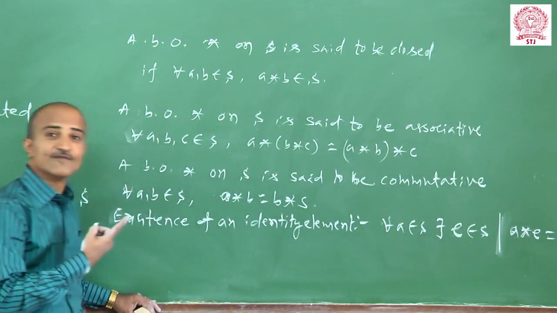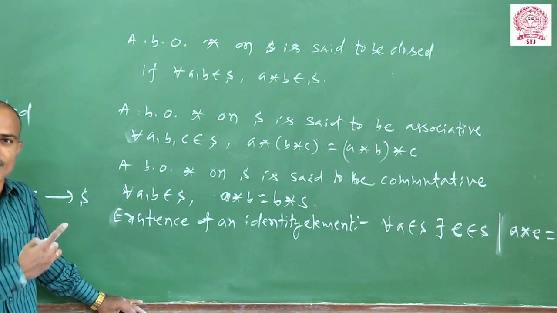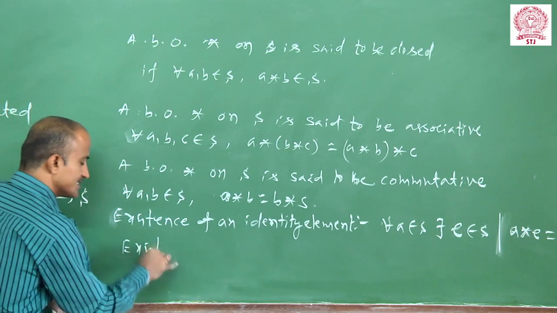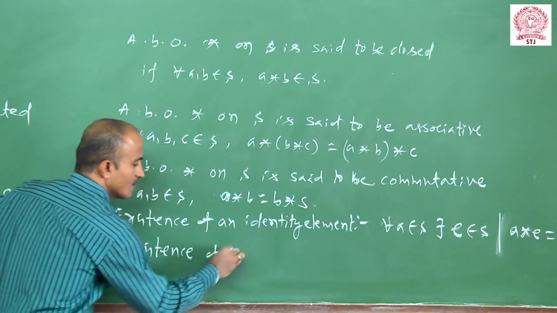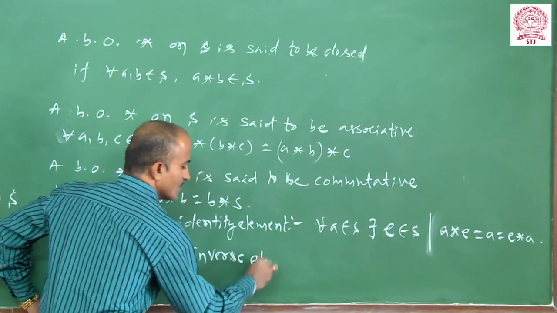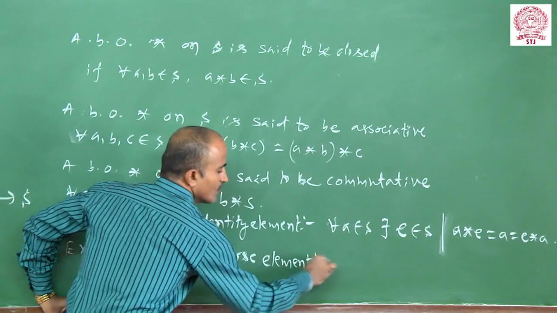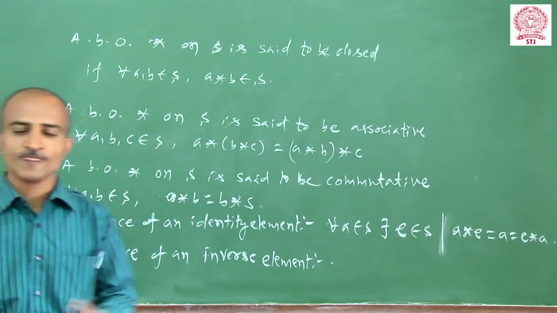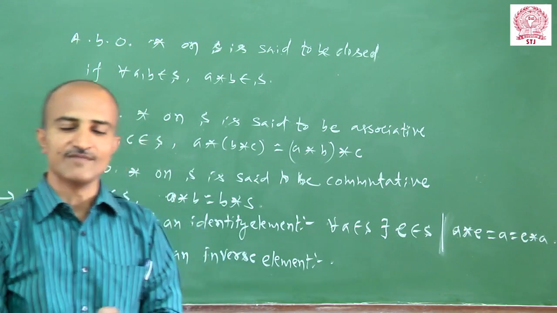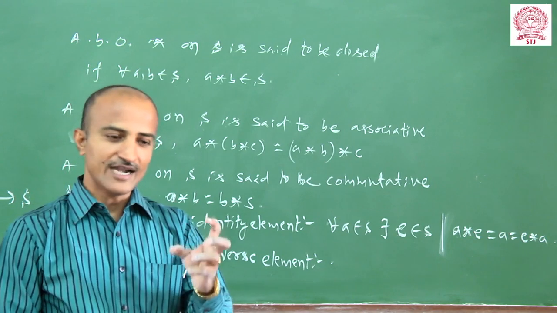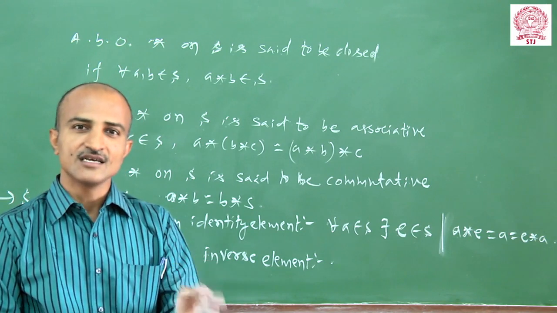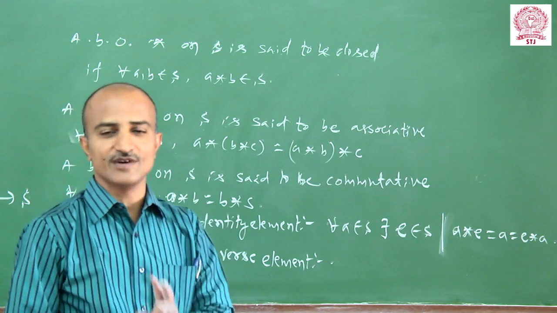Now, the existence of an inverse element, or inverse property. For that, we should know how we choose an inverse element. Whenever we compose an element with its inverse, it always yields an identity element. For example, whenever we add a with minus a, we get 0. Therefore, under addition, the negative of an element is its inverse.